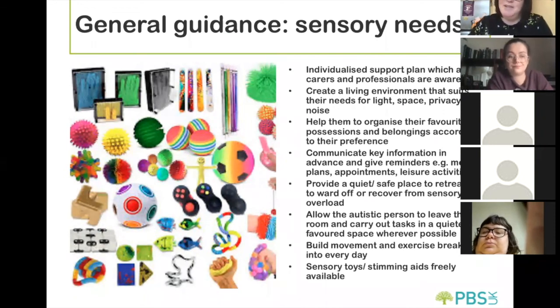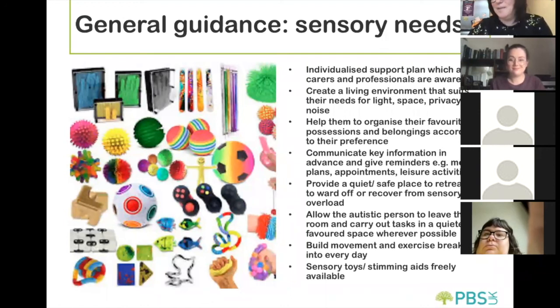So ideally, we want to get to the position where we've got a really clear understanding of the sensory needs of all the people that we're supporting and how best to meet those particular needs. It'll be very person specific, as each individual will have a very different sensory profile. We want to be creating living environments that suit that need to the best of our ability. You will work in shared homes where lots of people live together with a variety of different sensory needs, so it's always going to be difficult.